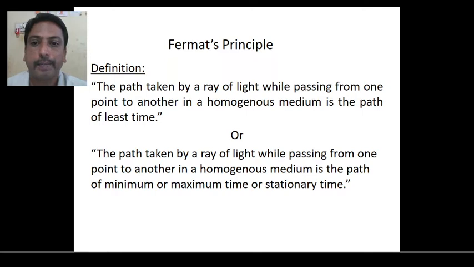According to Fermat, the path taken by a ray of light while passing from one point to another in a homogeneous medium is the path of least time. It means whenever light travels from one point to another point in a homogeneous medium, it will prefer that path which requires very less time. Or the law can also be defined as the path taken by a ray of light while passing from one point to another in a homogeneous medium is the path of minimum, maximum time or stationary time. The maximum time and stationary times are applicable to the different reflecting surfaces that we will discuss in our